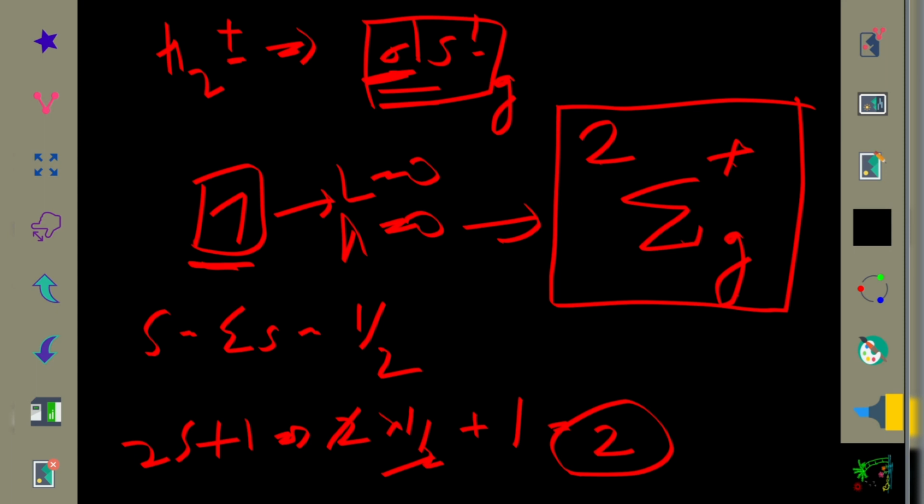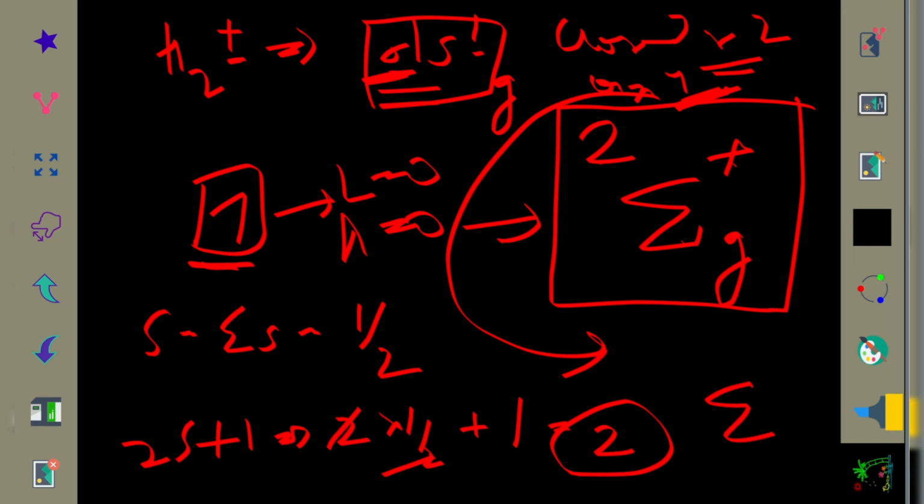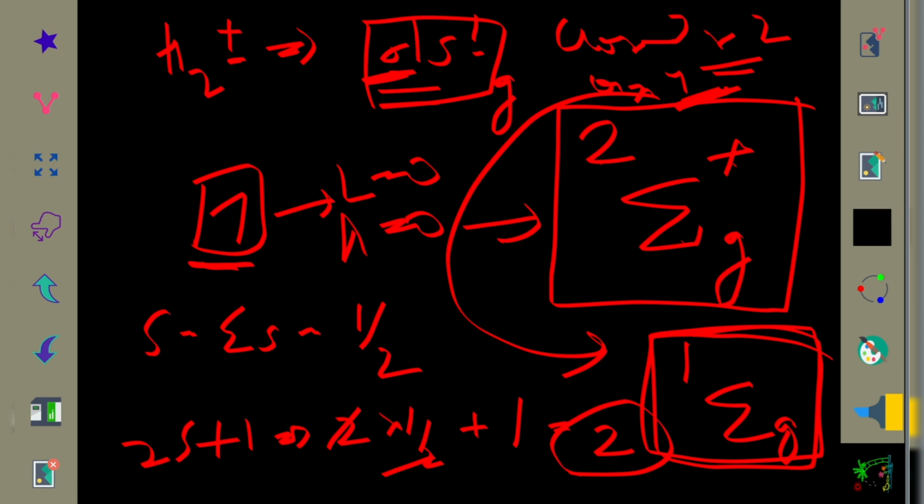But for the H2 molecule in the ground state, it was 1 sigma g plus. So one thing you can mention very clearly here is that for closed shells, that is sigma 2 or pi 4, the term symbol will always be 1 sigma g. We will see a few examples coming soon, of how you can find out that for a closed shell the molecular spectroscopic term symbol comes out to be 1 sigma g.